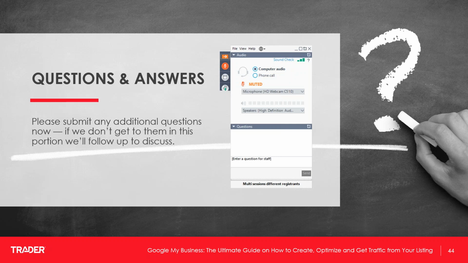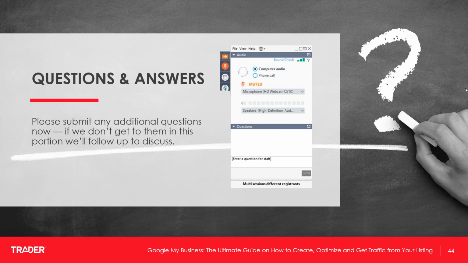Internally, at Trader, our SEO and our LSO products, our local search products that manage Google My Business, we do have a tool to syndicate this product inventory directly into Google My Business. So natively, you can't do it within Google My Business, but with a third-party tool or with the solutions that we offer, yes, you can syndicate that